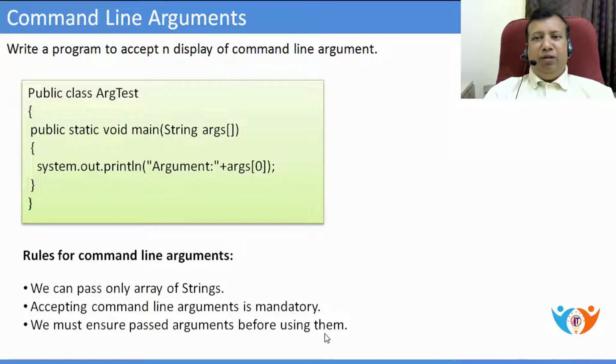If you are expecting 2 arguments to be passed by the user in a program, initially check whether args.length is equal to 2 or not. If it is equal to 2, proceed for the next action. Otherwise, quit from the program by giving proper instruction, which we will discuss while doing the practicals. So this is the theory part of command line arguments. Now let us do it practically so that you can understand how to use command line arguments.